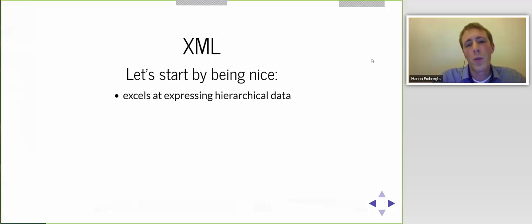So we can say at the beginning, XML really excels at something. It excels at expressing hierarchical data. So data that is organized in some tree, you can express hierarchies very efficiently. So it has some use as a markup language, as a language to store some data in. But, and this is a very big but,